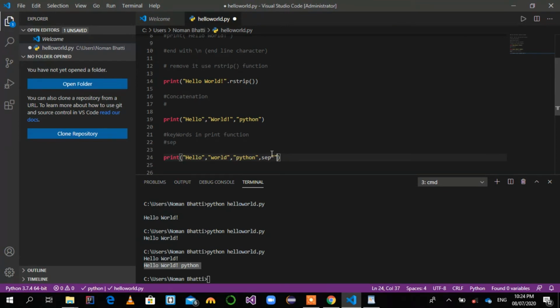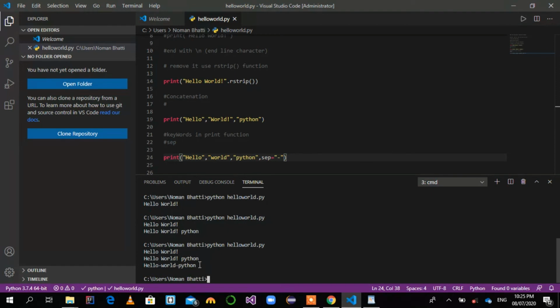If we want to separate these arguments with a dash, it will separate them with a dash. Here we see. You can use anything as a separator. If you want to use a comma, it will separate them with a comma. Here you see.